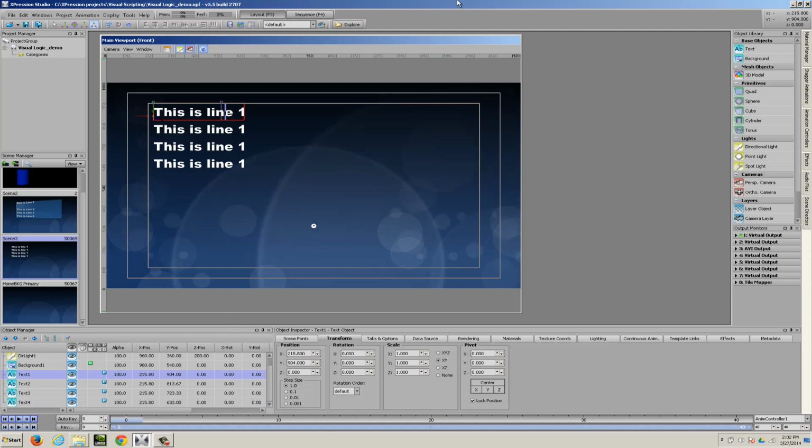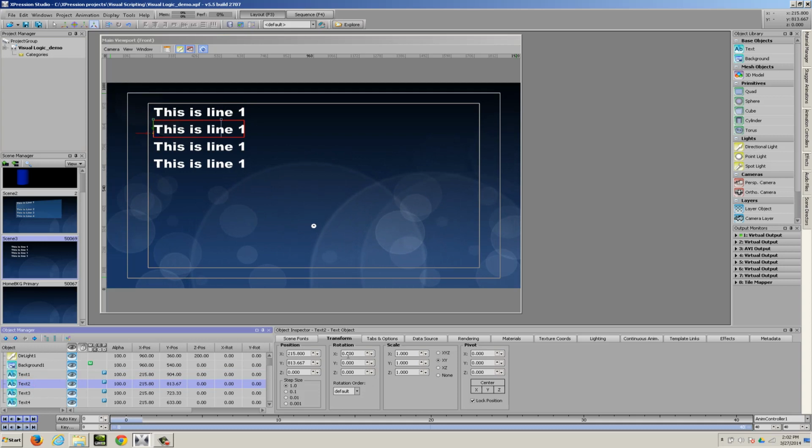Next step. We're going to want to make a few connections here before we actually start building our Visual Logic. One trick that makes this particular design a lot easier is taking your text objects and making them children of one another. Now, when you make an object a child of another object, its transform values become relative to its parent. So if I make text 2 a child of text 1, its Y position is now in relation to text 1's Y position. So we're either positive or negative X number of units from the parent object.